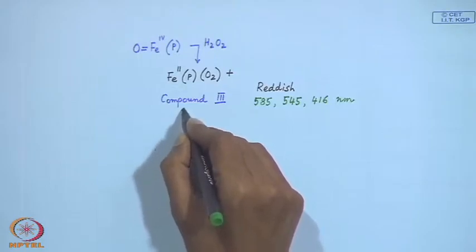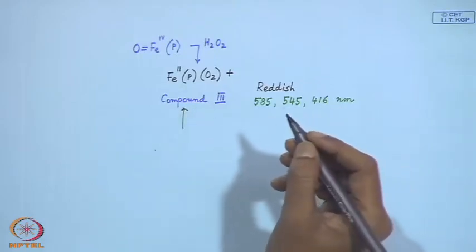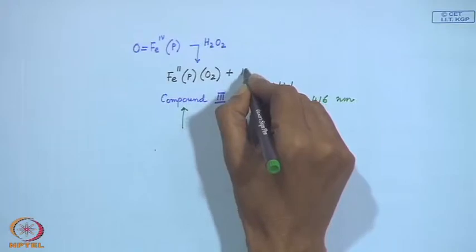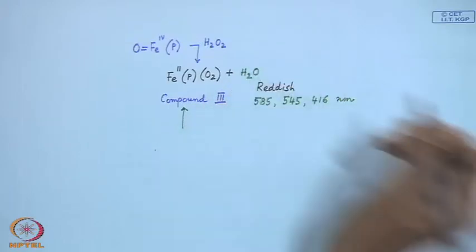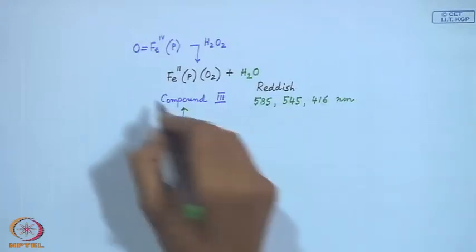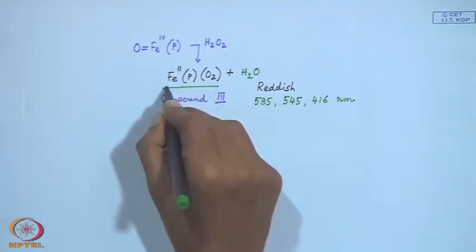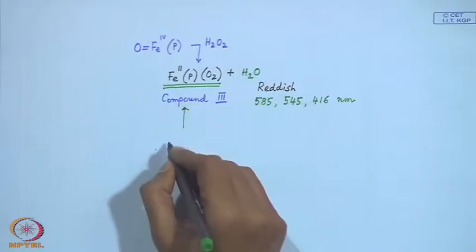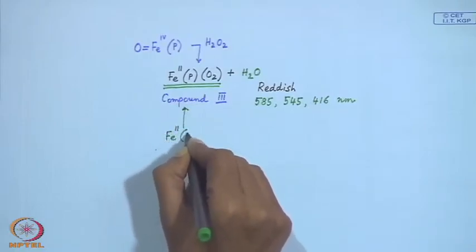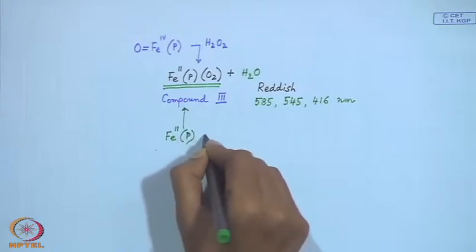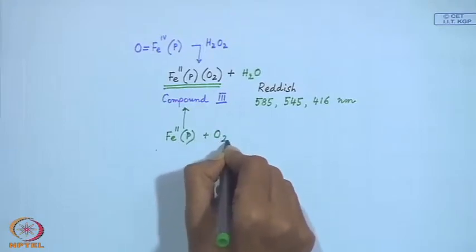This can also be formed, because with the generation of this O2 plus water, water will be produced, and we all know now that this is very easily made from Fe2 porphyrin plus O2,